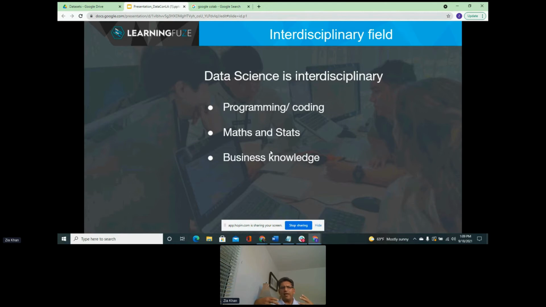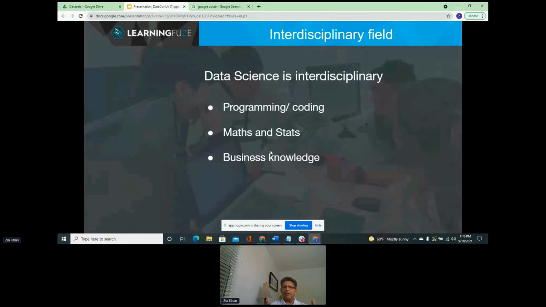So for anybody to work and understand data, it is important that they know the business and they know the industry. Even if you are looking to go into something like marketing and sales, there are terminologies that the sales and marketing people use. There's information, click rates, that kind of information that you get in your data, and if you're not familiar with that, it becomes difficult for you to understand that data.